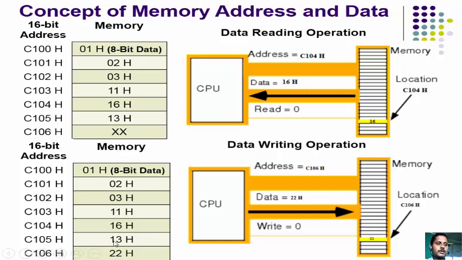and on the left-hand side we can also see the don't-care conditions which were mentioned previously get overwritten with the 22 hex. So data writing operation is nothing but a data storing operation, that is, data from an internal register of the microprocessor to the memory which is connected to the CPU or microprocessor. So this is about the data reading and data storing or data writing operation.